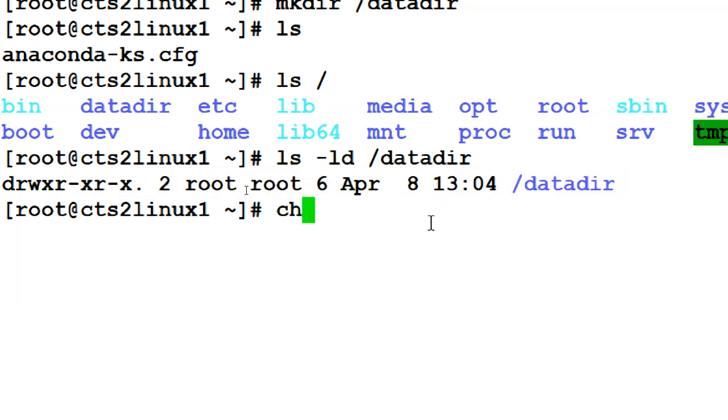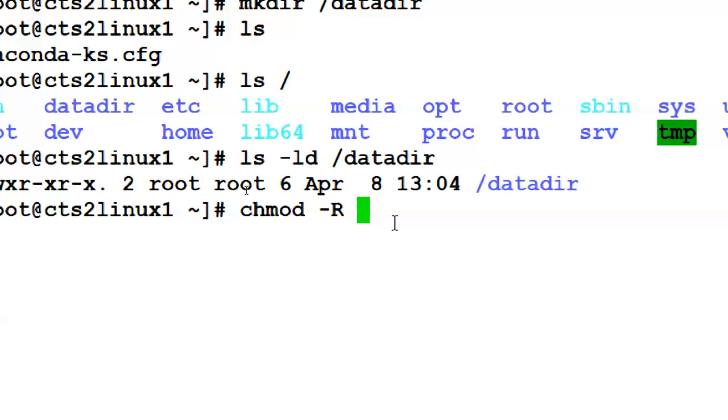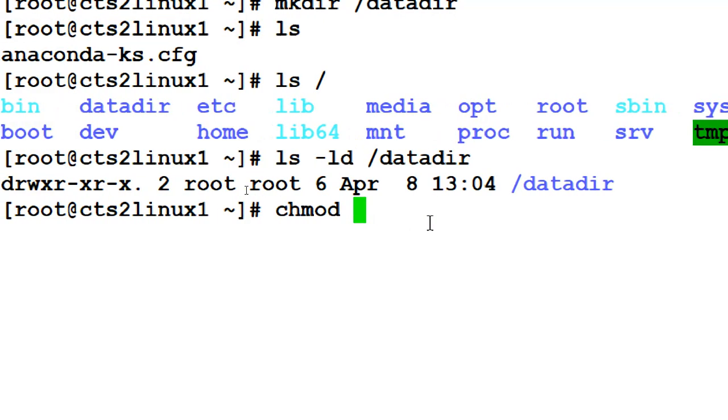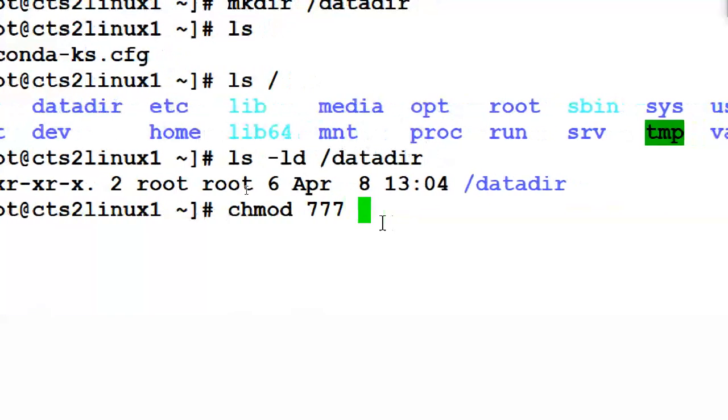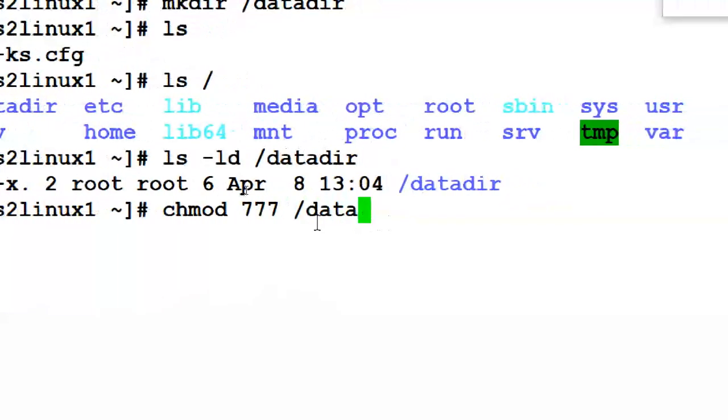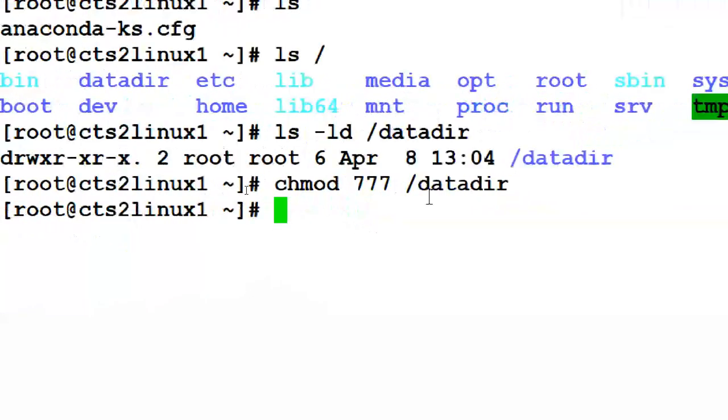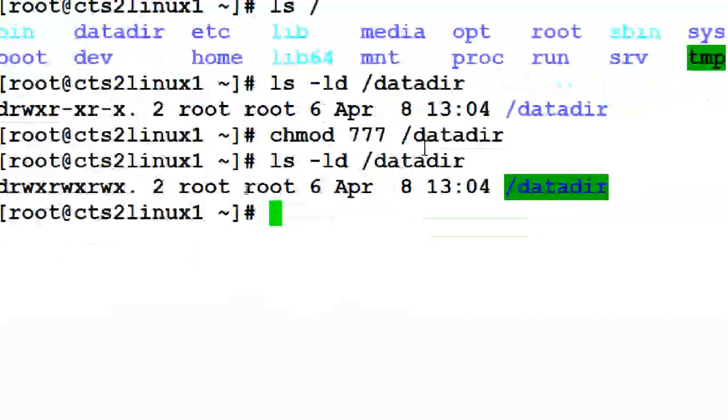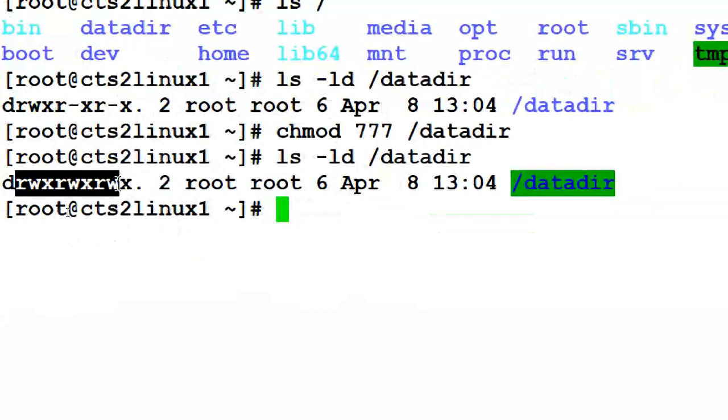So what I'm going to do is chmod -R, with capital R. If you wish you can use -R, or you don't need to use it at all. So chmod 777 /data dir. Now everyone will get permissions: read, write, execute. Or if you want to limit it, you can limit it also.